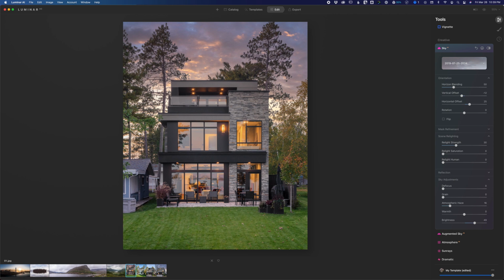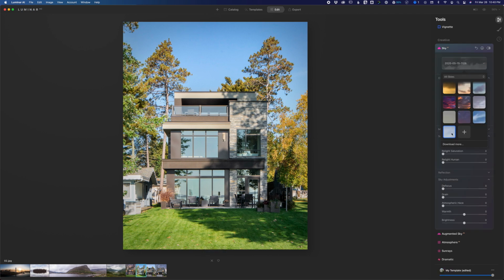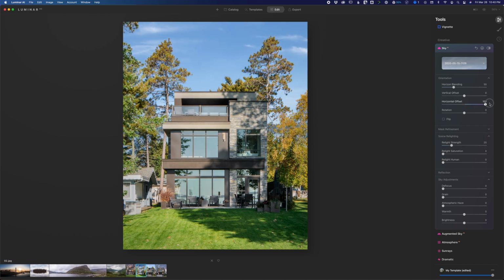Now we'll mess with the daytime images of this. So same exact house. We'll go ahead and select our spring late morning 003. Let's go ahead and mess with the horizontal offset to see if we can find that sun. It looks like it's up in the sky up here a little bit. And as you can tell from the,